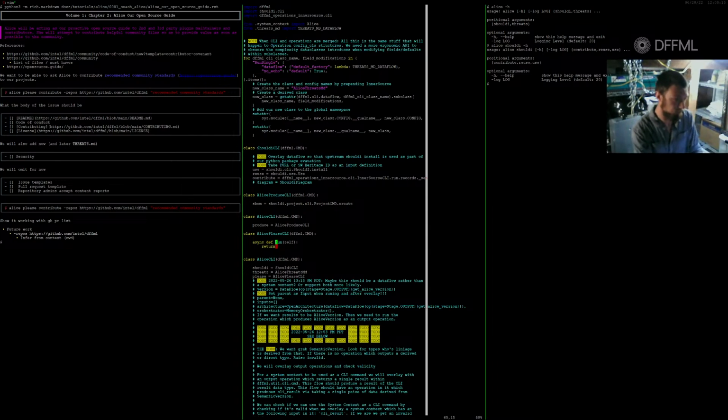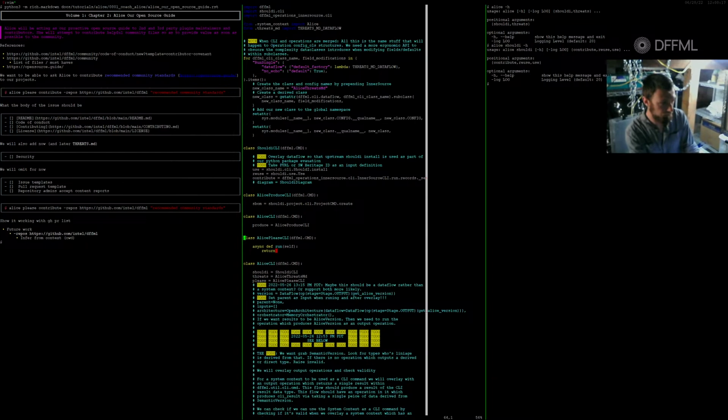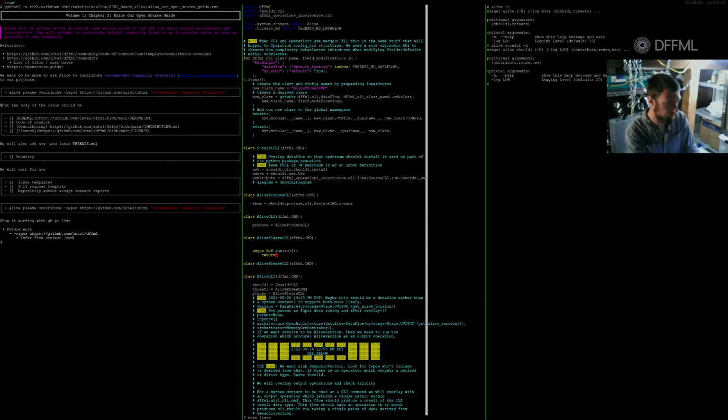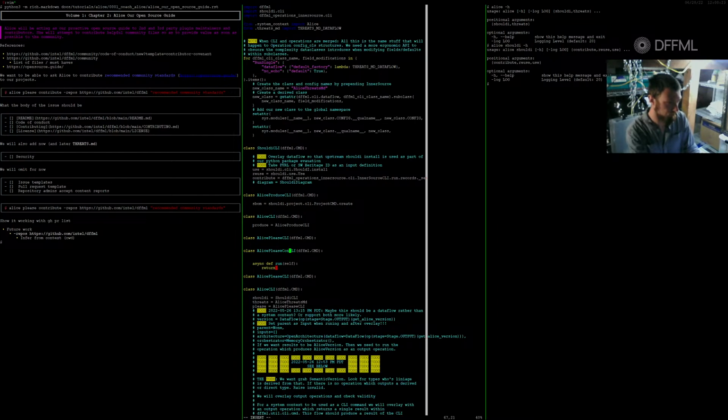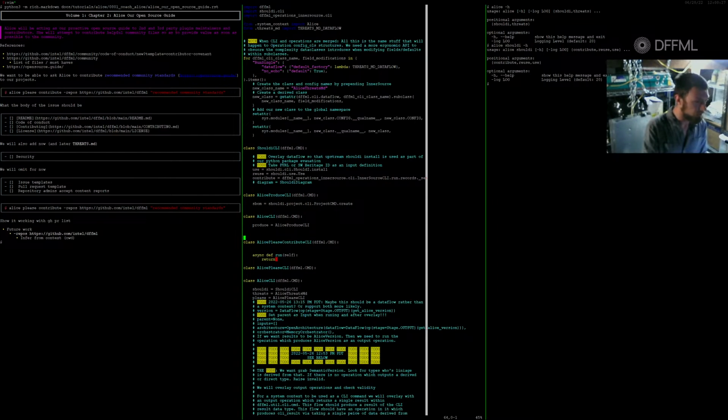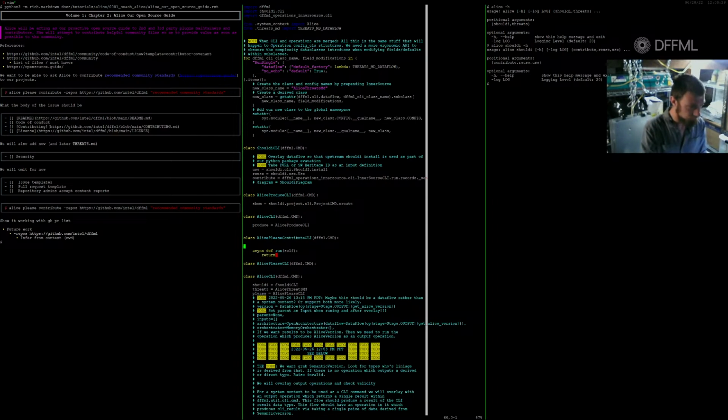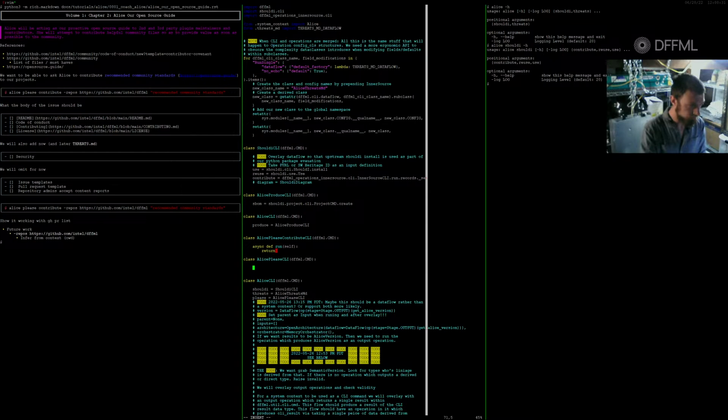So that's just what we're going to do right now. Only we're not going to do it right in there. We're going to create a few more of these because we need Alice please contribute, and that is actually all we need. So we have Alice please CLI, and then we have Alice please contribute. All right, so we say contribute equals this thing,